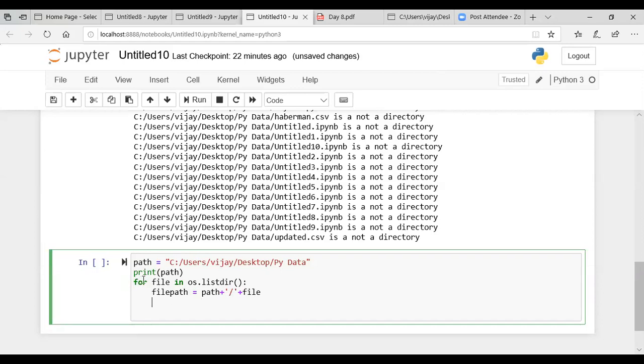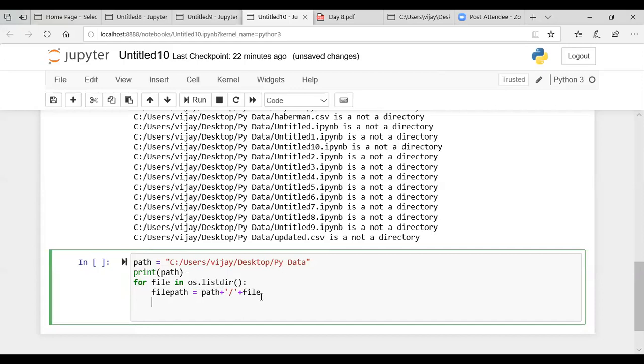So what you will be doing is, again, going through every file in that directory. I'll say for file in os.listdir, and then I'm creating a file path. That file path is a combination of the path which I have defined over here plus the file, which is nothing but the name of the file.